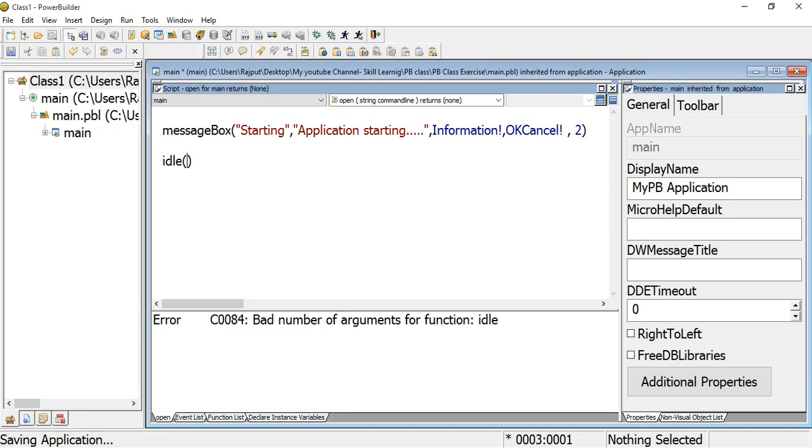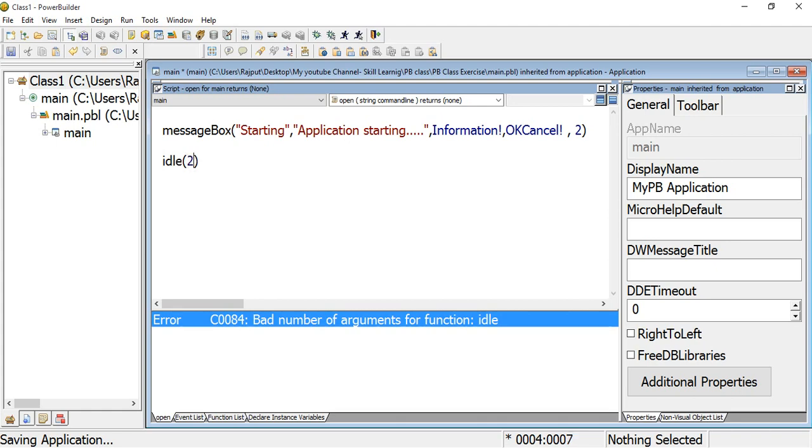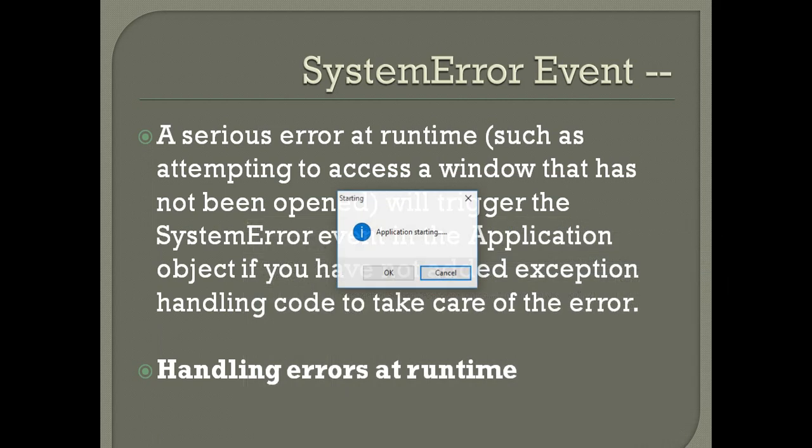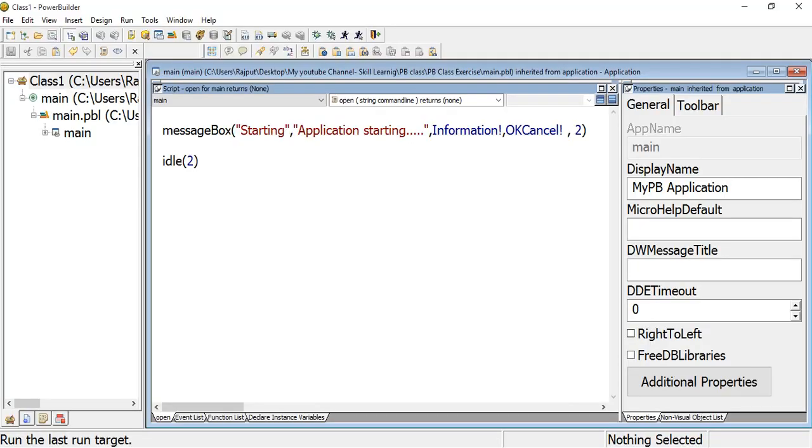This is the function that occurs in my idle event. Open event, w underscore main.